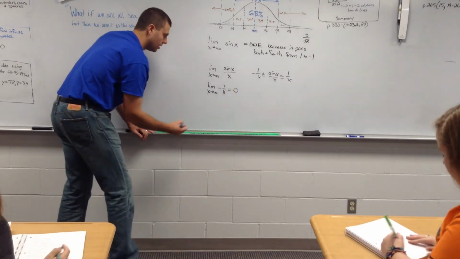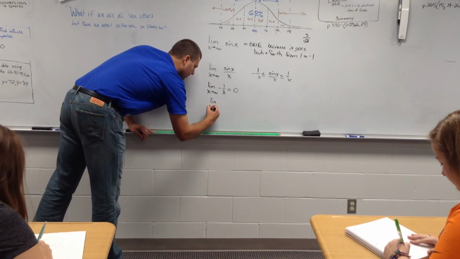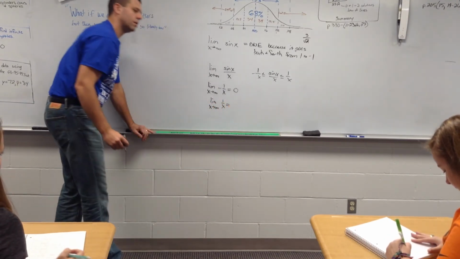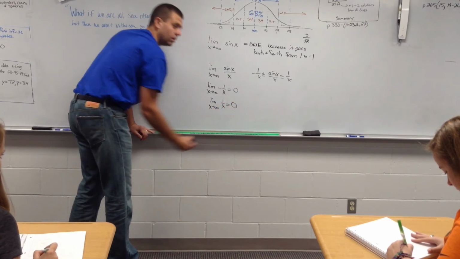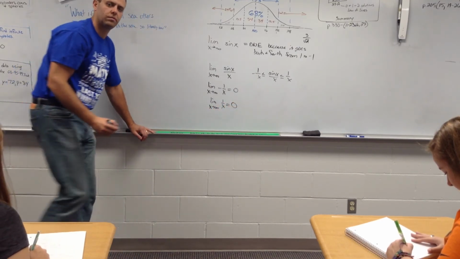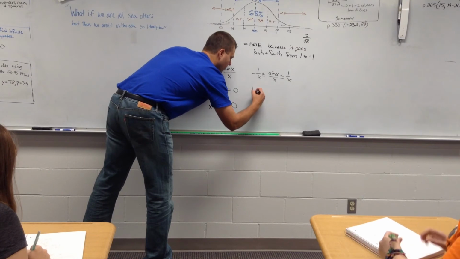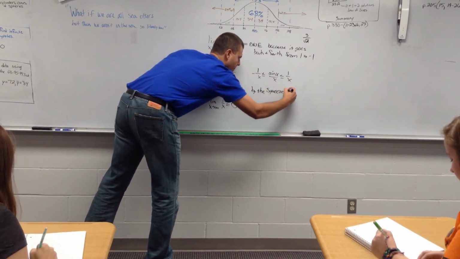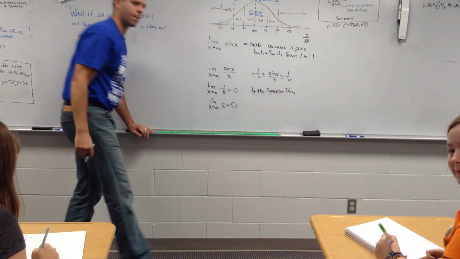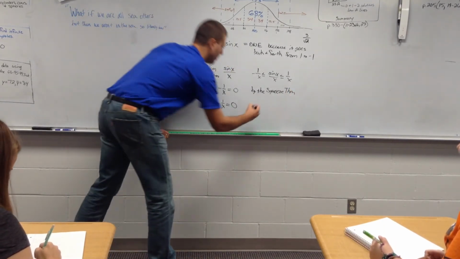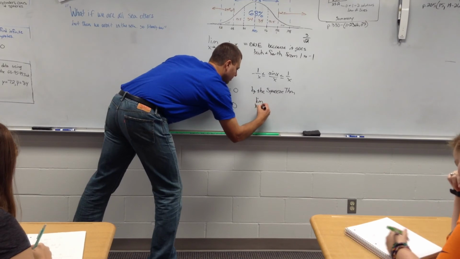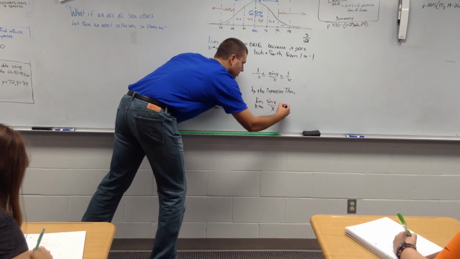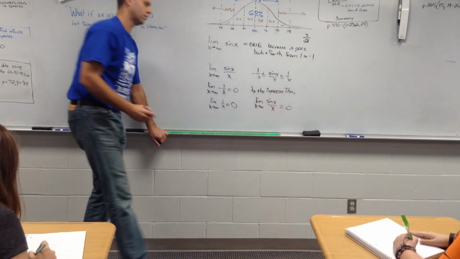Zero. And the limit as x approaches infinity of +1 over x equals what? 0. Therefore, by the squeeze theorem, the limit as x approaches infinity of sine x over x must also equal